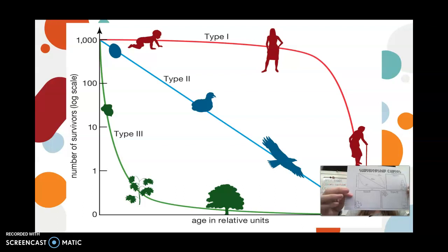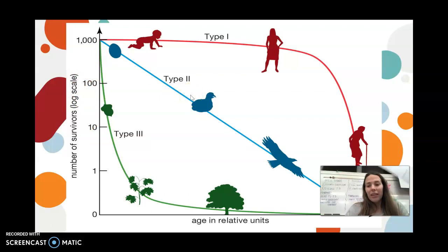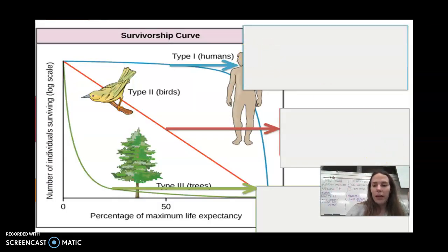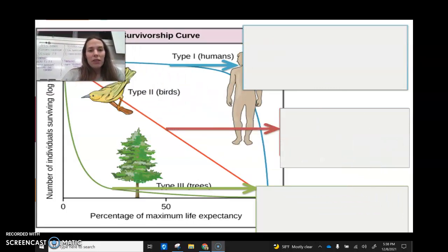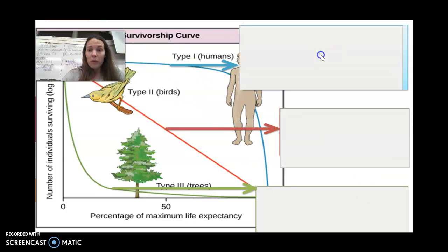So there are 3 survivorship curves: type 1, type 2, and type 3. And I'll tell you, the way I set this up, type 1 is much easier, and type 3 to talk about. Type 2 kind of falls in the middle. I'm just going to go in this order, okay? So I would definitely write on this, use some color, add some notes to it. So let's start with type 1.